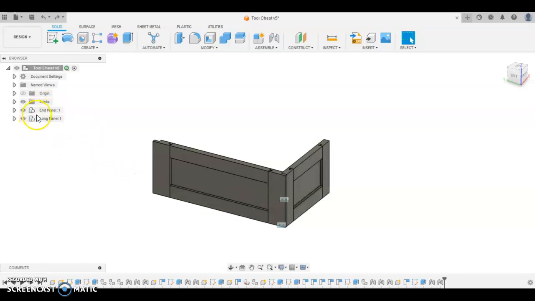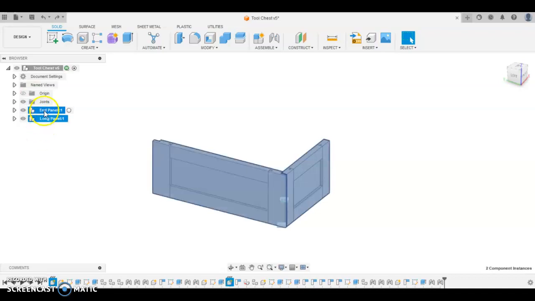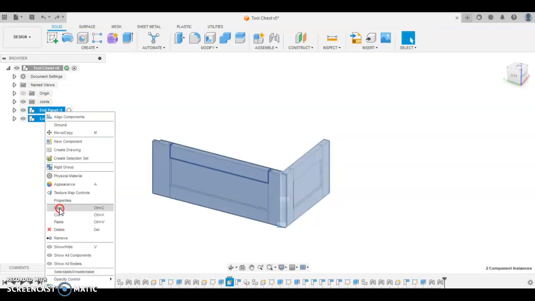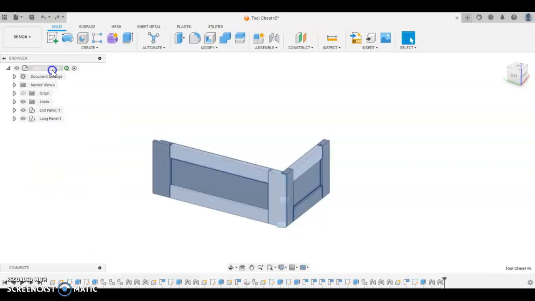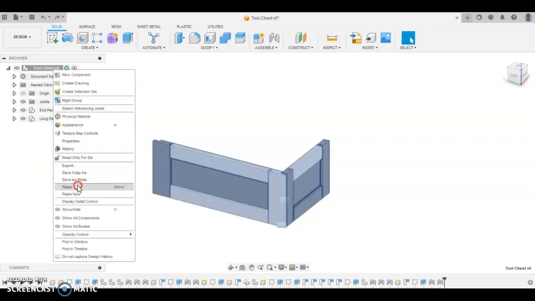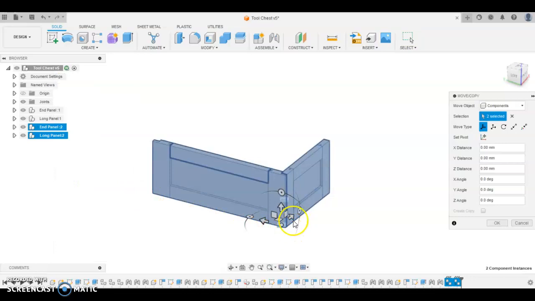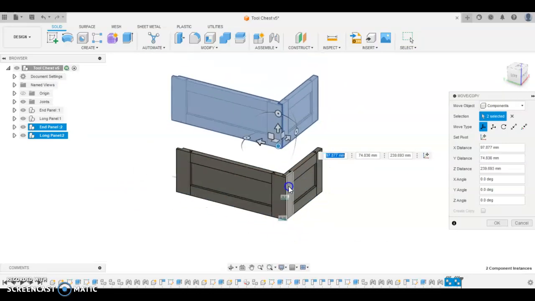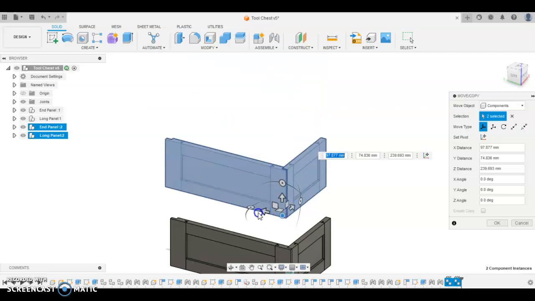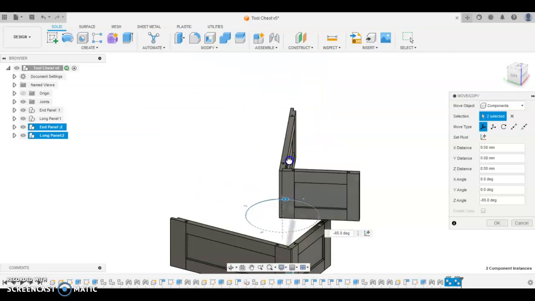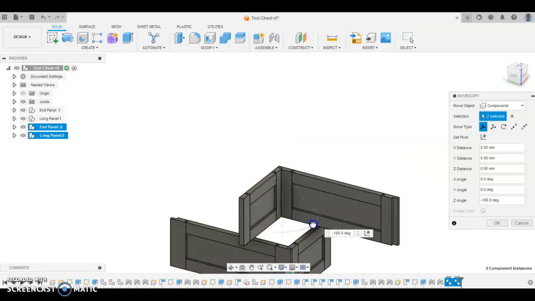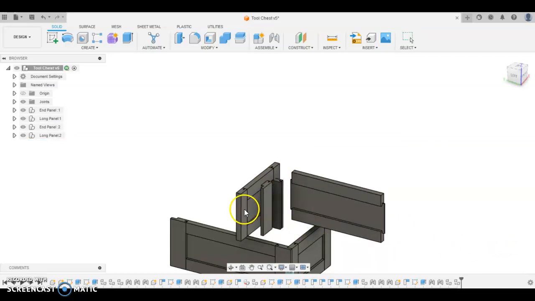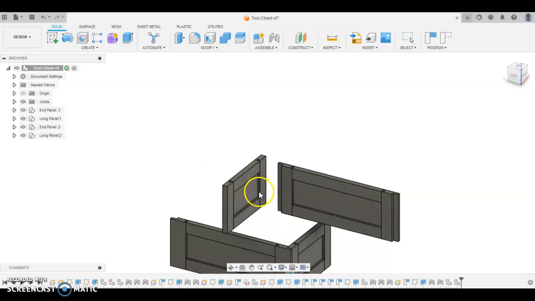We can copy both of them. So by holding Control down and selecting both, we can right click and go copy. Then up to the top we can right click and go paste. I'm going to move this over a little bit just so we can see what's happening. I'm going to use the handle here to rotate it 180 degrees. Click OK. Sometimes it glitches a little bit like this, but once you move the panel it should snap back